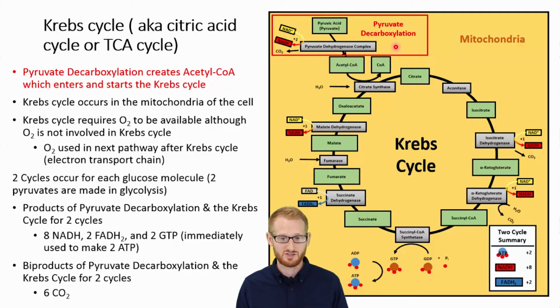pyruvate decarboxylation. Right, so in that process, we create an NADH molecule, which is another one of those, again, high energy electron carrying molecules, and we also produce a CO2 molecule. So this is the first time we're seeing CO2 produced by any of the pathways. So this happens, we get acetyl-CoA, and that's going to go into this Krebs cycle, which just loops and loops and loops around. So it starts and ends with acetyl-CoA, and you have a lot of products that come off